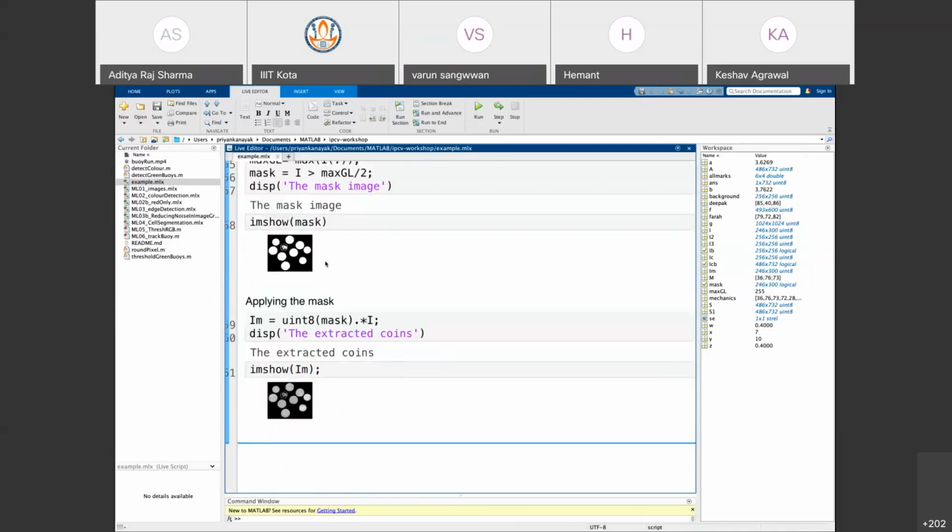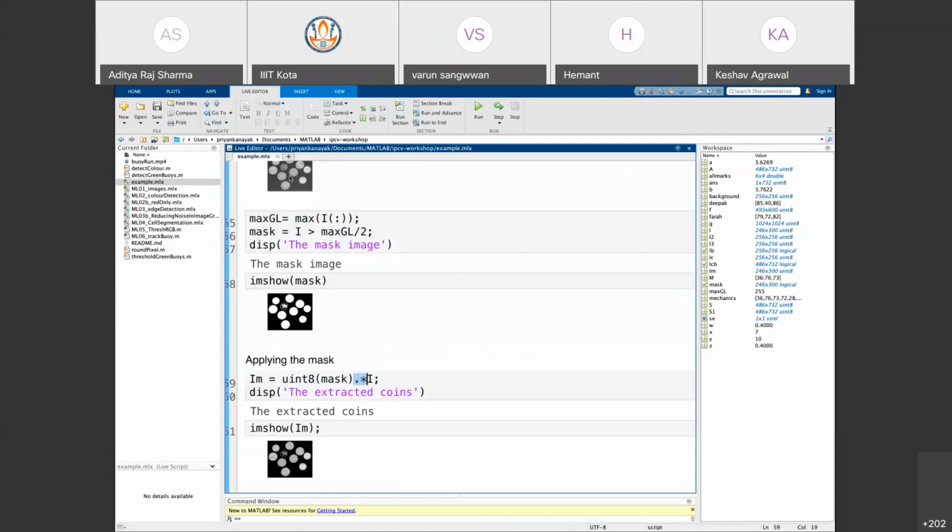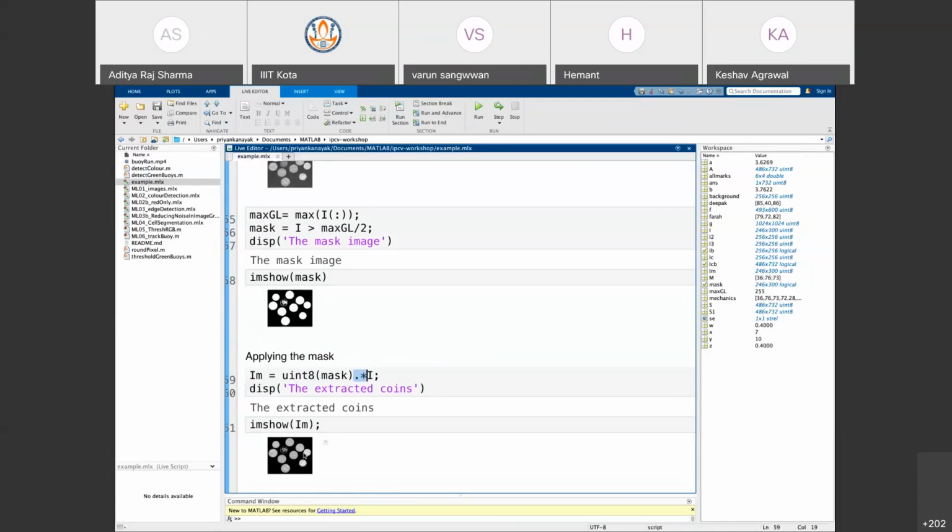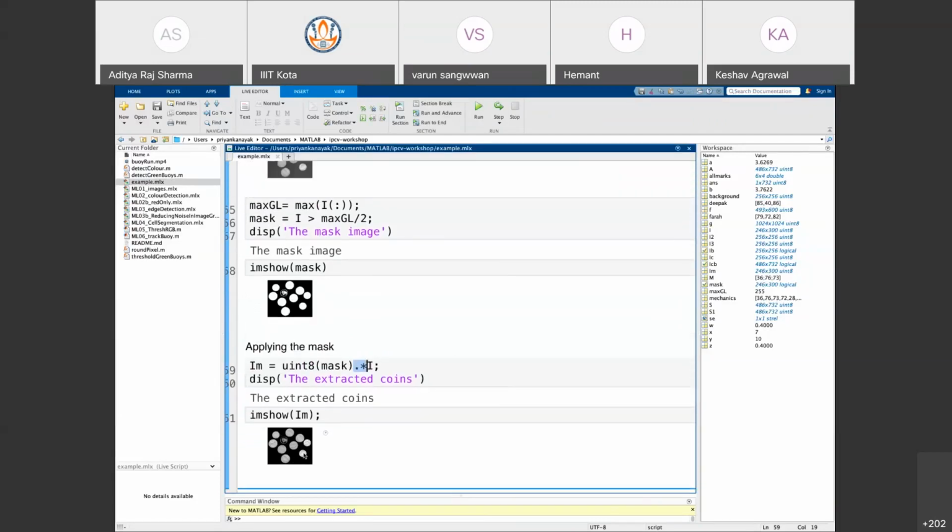So now we have applied the mask using dot star. That means in a way this image has been placed on top of the original image, so what happened, this image came. We could extract the coins. This is a very vague example for